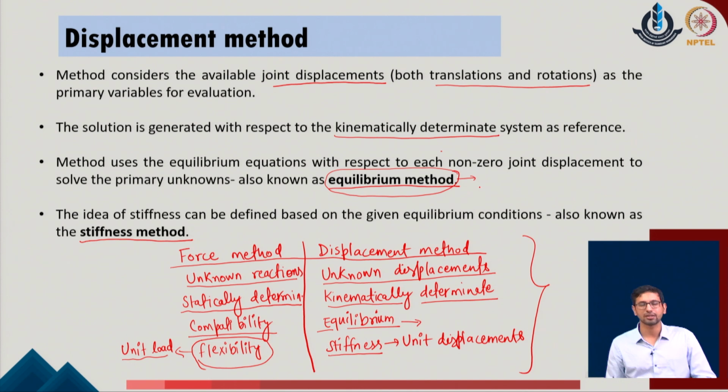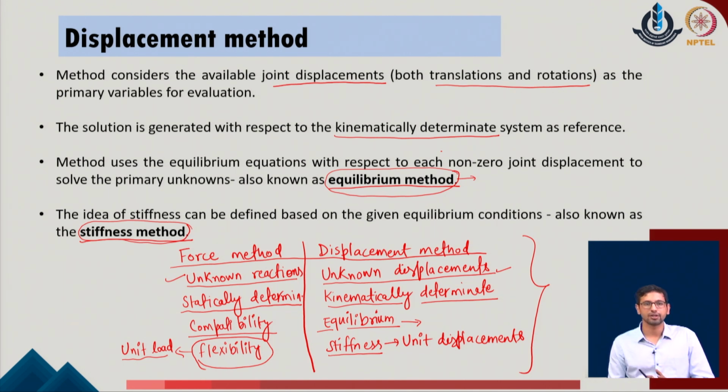While defining these unit deformations in the given system, we try to generate the internal forces which are identified in the given system, and this gives us the definitions of the stiffness in the given system, and that is what also describes the method as the simple stiffness method. So we realize that in the standard force method we have the unknowns which were the reactions, whereas the displacement method entertains primary unknowns as the unknown displacements of the given system.